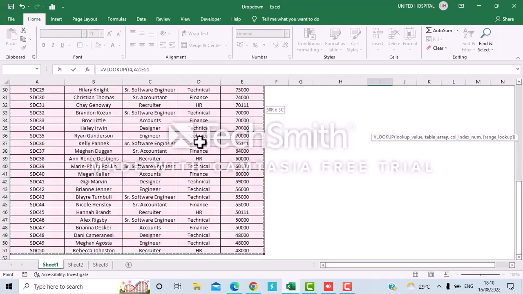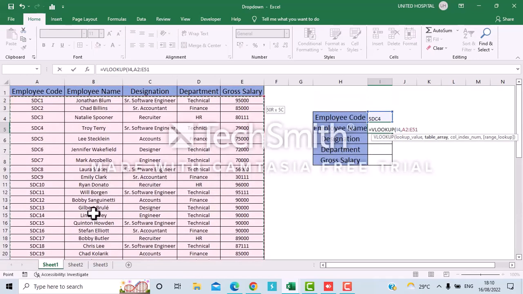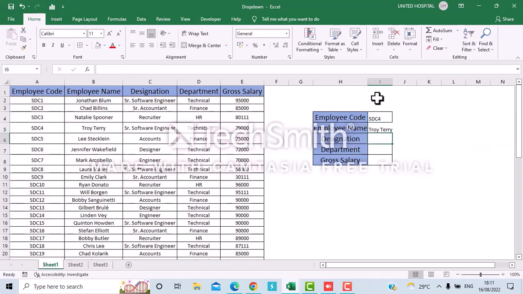So now I want the column index number. I'm looking for the employee name, right? So for that reason I'm giving the column count as 2, comma. Here it is asking for true or false. So for that reason I'm directly giving 0. So it will count it as false and take it. So if you see,